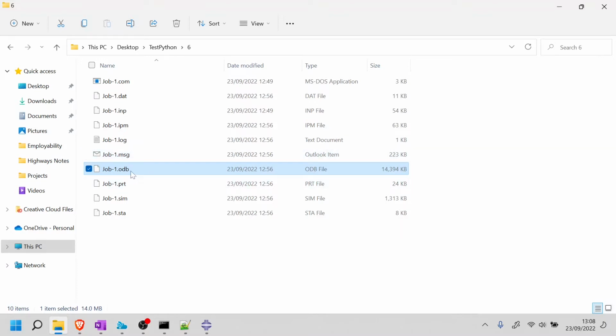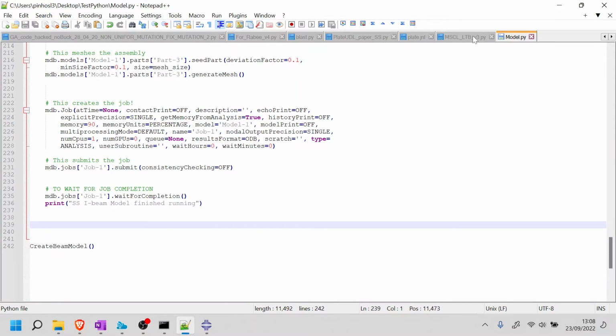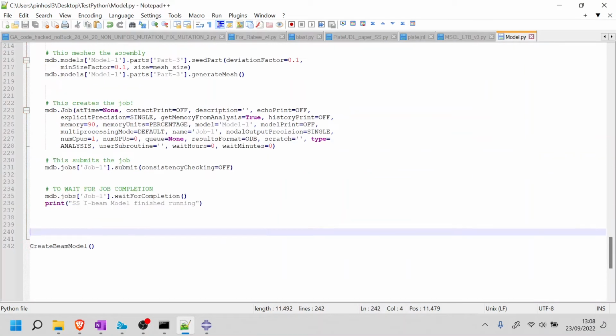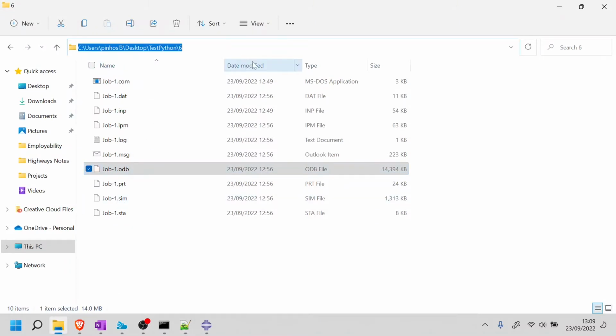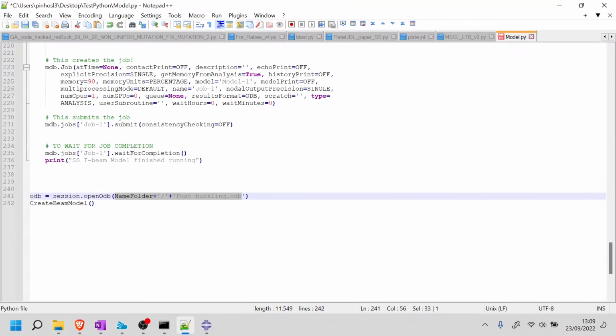So the first thing that I'm going to do is open this ODB. I'm just going to go into another file so I remember how to do this, and paste it here so you can see. Basically, I'm going to tell Python to save something into a variable called ODB, and this something is going to be this line here: session.openOdb, and here I need the folder and the file. So I'm going to go into the folder test Python 6 and copy it here,